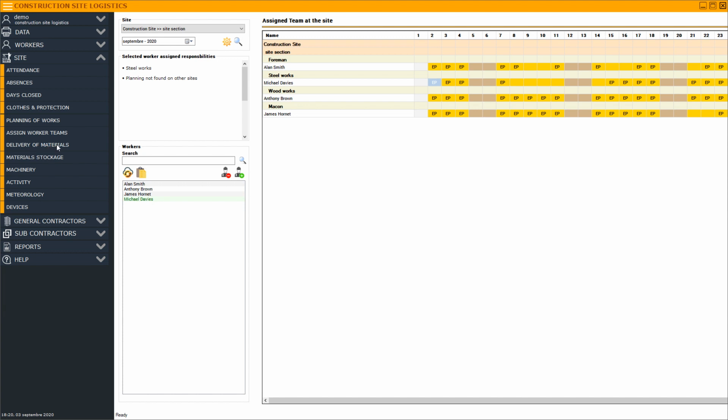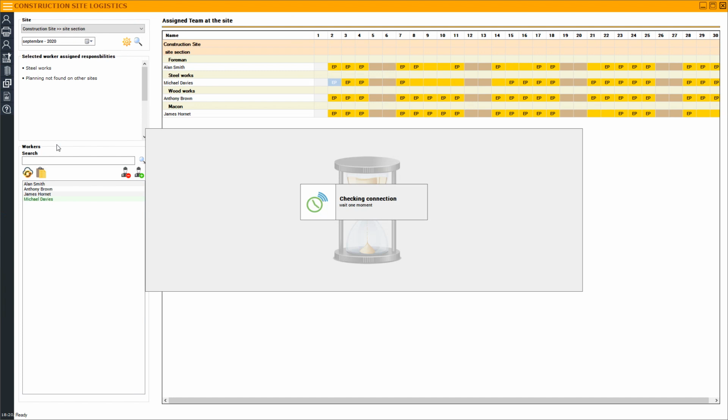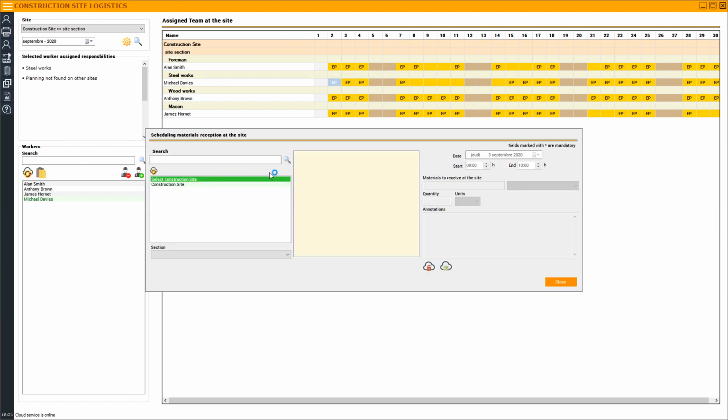The next menu option is the delivery of materials. This menu option allows you to log in advance the expected dates and times for delivery of construction and building materials at the site. When that data is logged, it allows the teams to be prepared to unload the materials and prepare the site to receive them, so that the unloading can occur without any delays